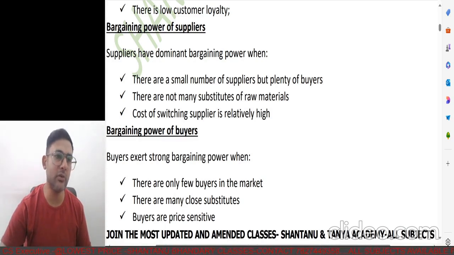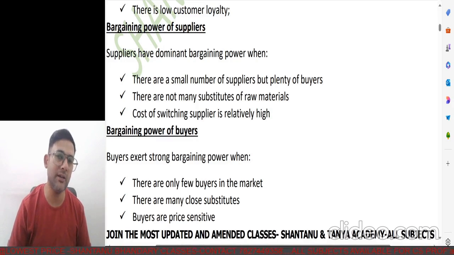Now, if the suppliers were fewer and the buyers were more, obviously the suppliers were presumed to have more influence. But then coming to the power of the buyers, if there are only a few buyers in the market, then the suppliers will have to agree with what buyers actually ask for. If the buyer asks for some credit or some discount, to the extent possible, the supplier will have to agree with that, because they don't have any other option. There are only, as we said, only a few buyers.